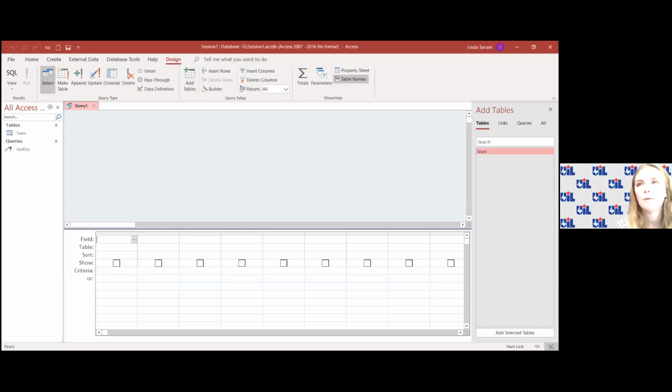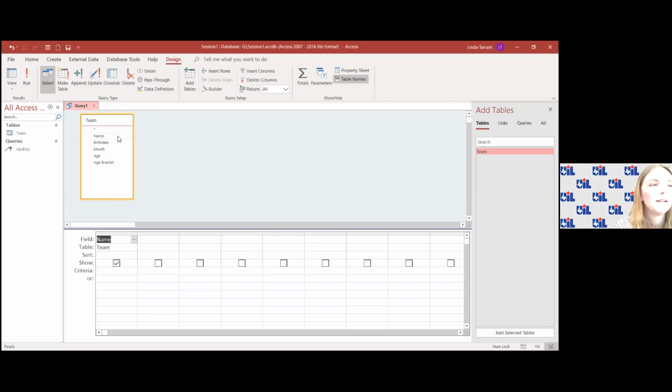And add your table. And if you had more fields here, you can use this arrow to extend it to view them, but we only have a few. And we are already in the default, which is the select query. Again, if it was an update, you would have to click update or crosstab or append, depending on which query you're using. So we're going to use all fields from the select query, and you can do this by either